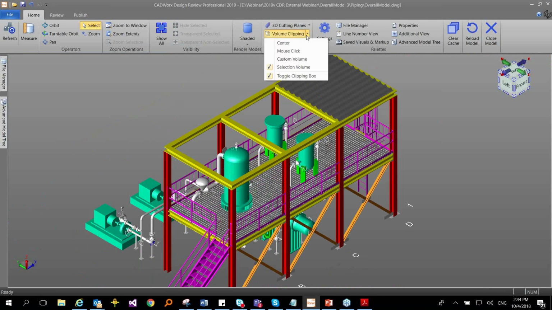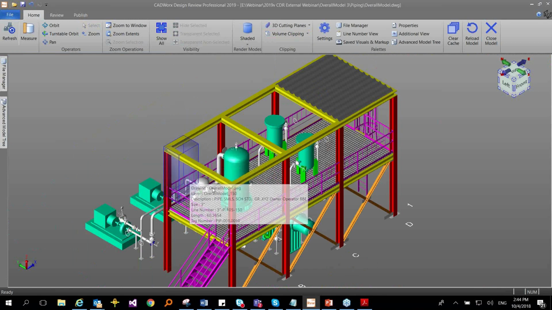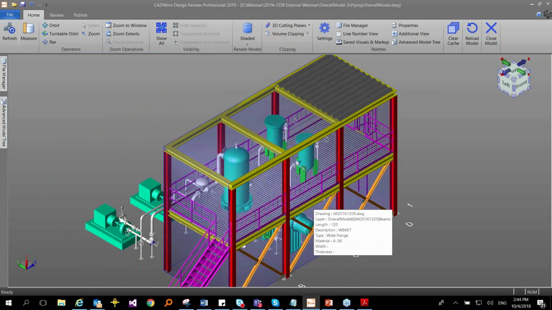We provide a lot of advanced isolation capabilities. We have a custom volume and a selection volume. So let me show the custom volume. Once I click on the custom volume, we can draw a volume clipping box. And this custom volume will honor the snapping options as well. And I'm going to draw